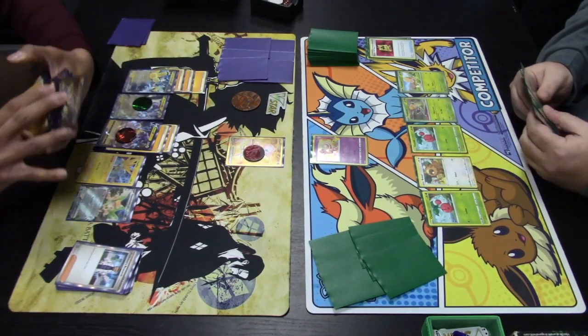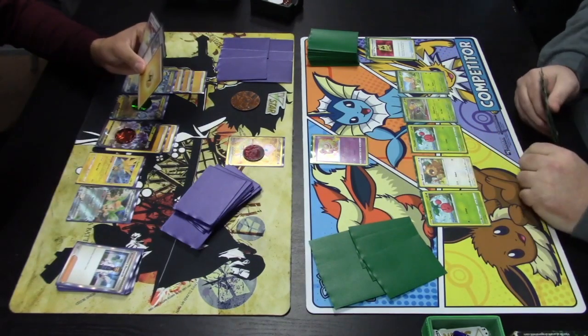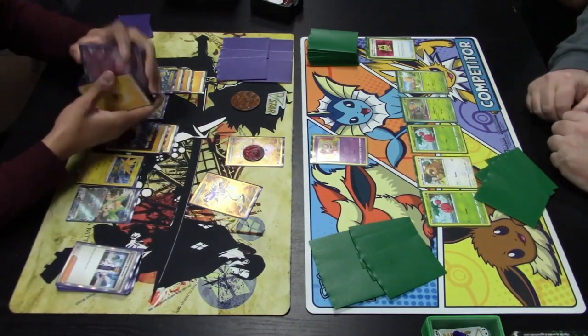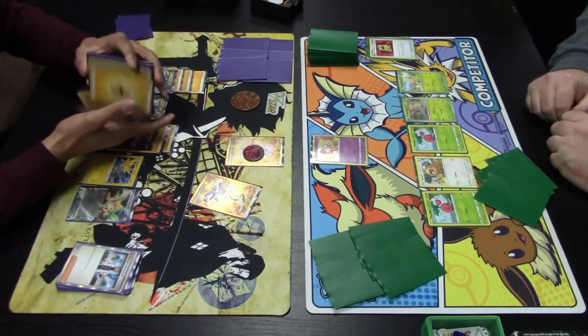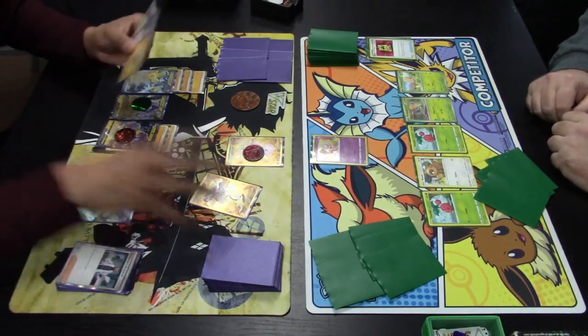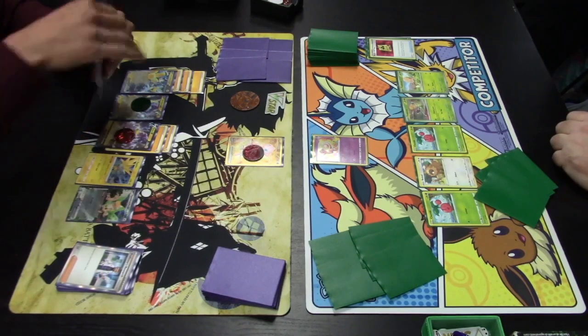Depends on what else is in hand. Maybe there's something like another Professor's Research. Yeah, I think I see a Professor's Research in hand, so gonna dump the hand anyways. Might as well play down some cards and get some out of your deck as well, so that way we could find those Electric Generators. I think that's what we're after here, to get this Iron Hands rolling